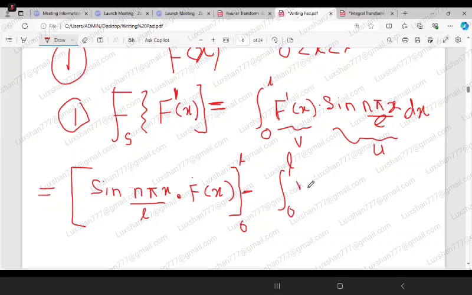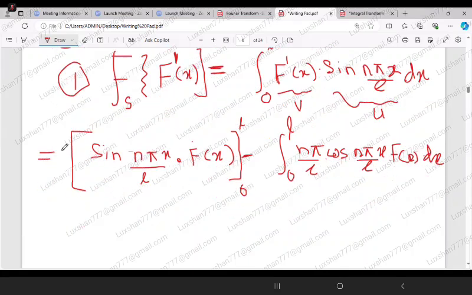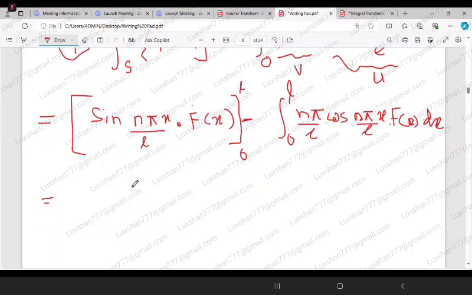N pi over L cos n pi x over L into fx into dx. So if I substitute x equal L, the L's get cancelled, sin n pi. Sin n pi is 0. If I substitute 0, that is also 0. So this becomes 0